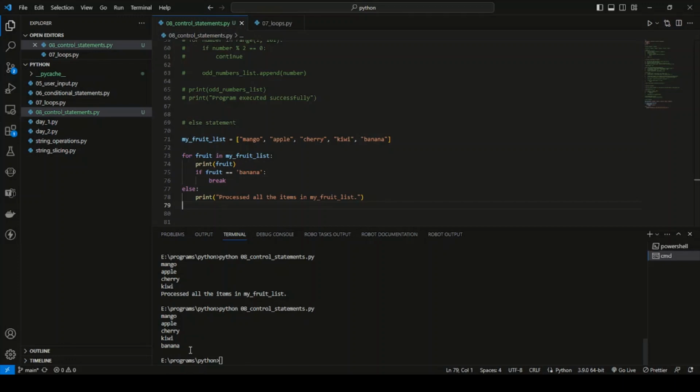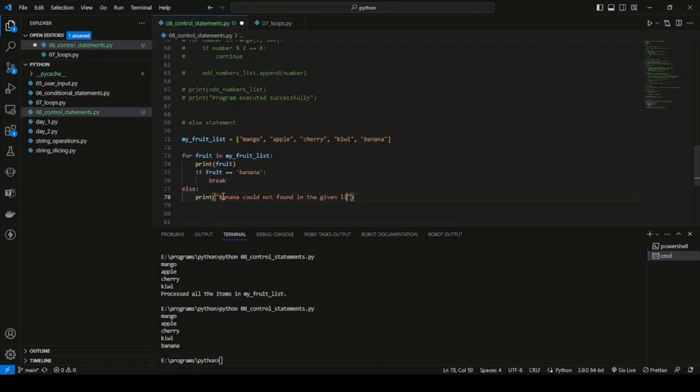In the console. That is because the else statement basically executes when this particular loop executes normally, or you can say when it executes end to end without encountering any break statement. Then only this print will get executed. In real-time scenarios you can use it for, let's say, logging purposes or for any other reasons also, which will tell you this loop executed end to end. Or this statement you can see, banana could not be found